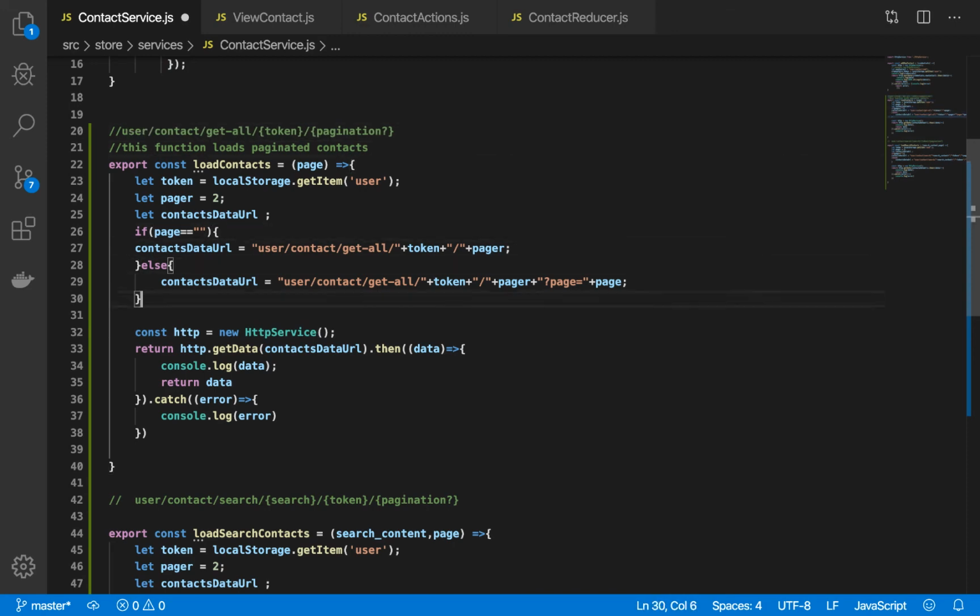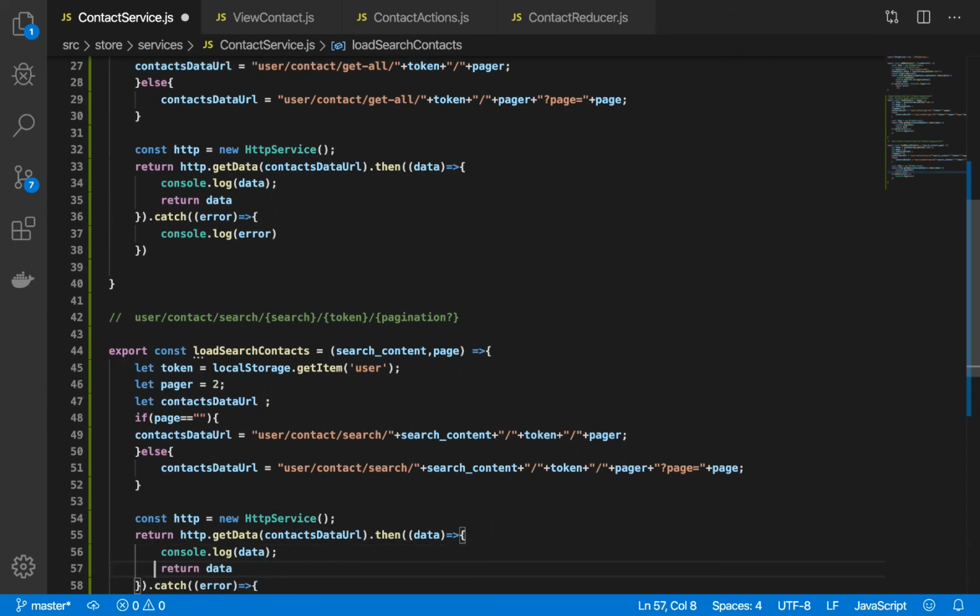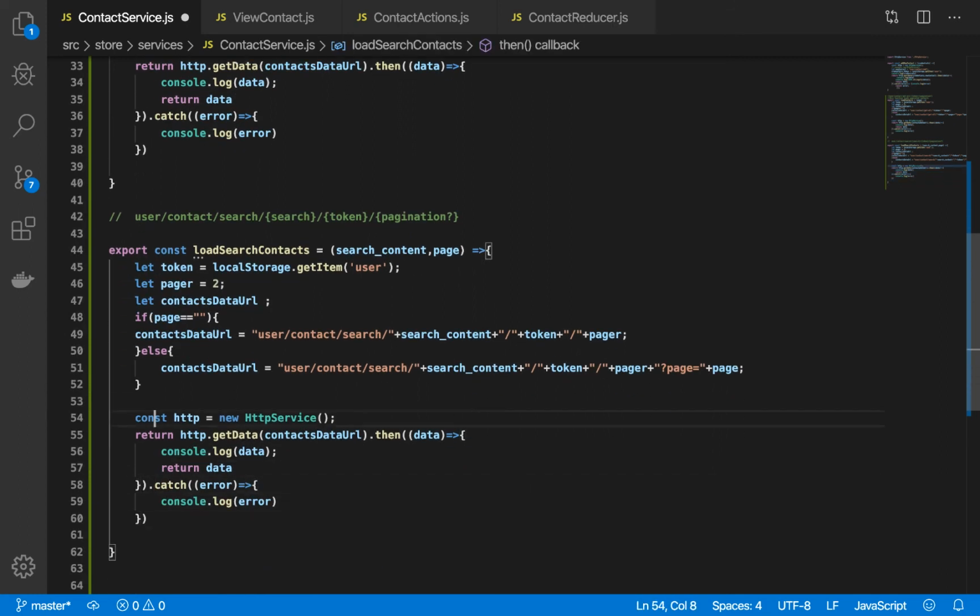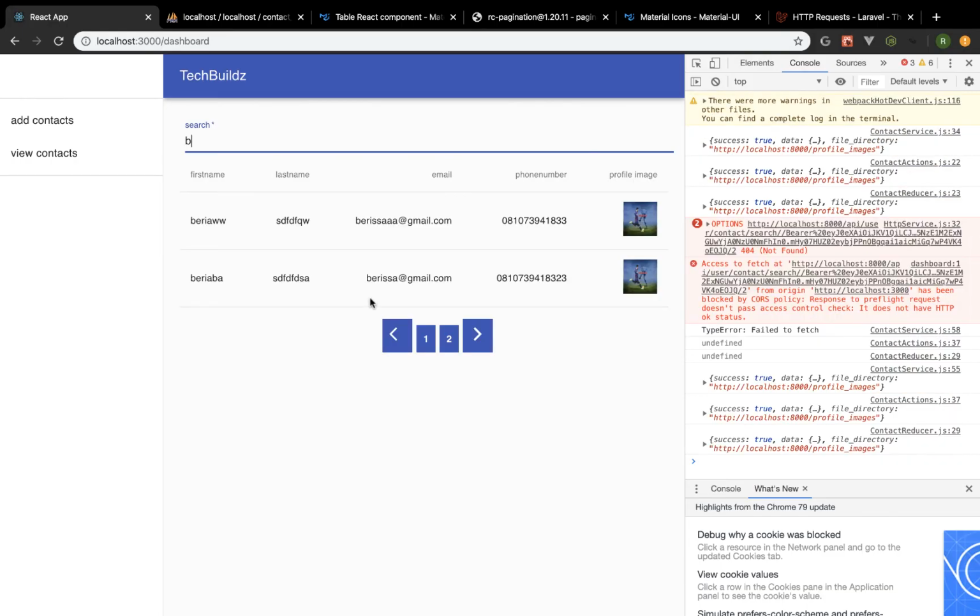So guys, let's scroll down and check out what the problem may be. So we have user/contact, right, /search. The next parameter is search_content. The next parameter is the token. And the last is pager, and including the optional, which is the pagination. So why are we getting the 404 error? And that is okay. I think I know exactly where the problem is coming from, because if you type the